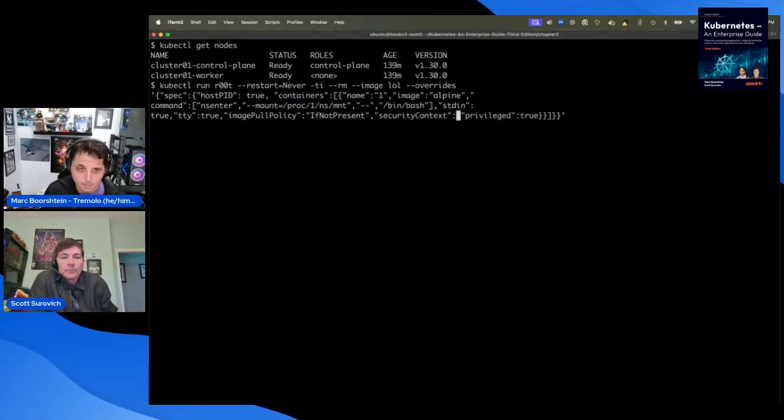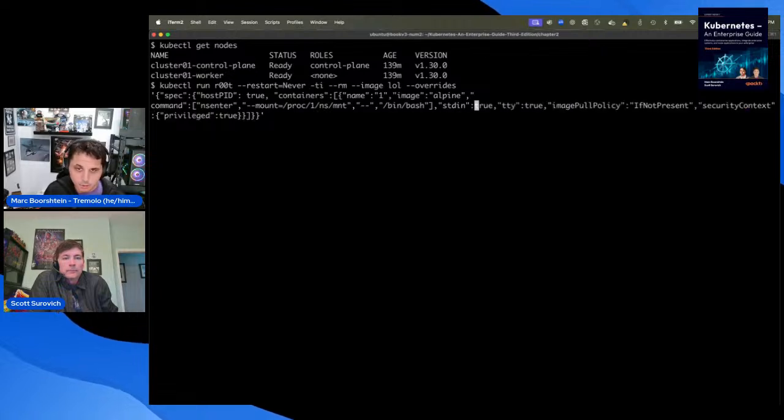So he came up with this command to show how you can break out of a container's file system. We'll look at this in a second. I'm just going to construct it here so I'll actually run it on my command line, because of the copy and paste out of the PDF.